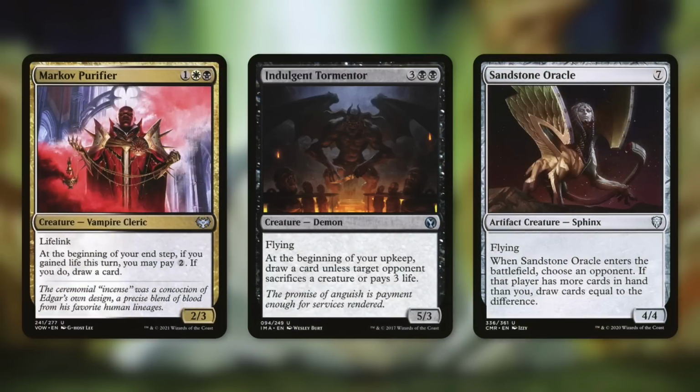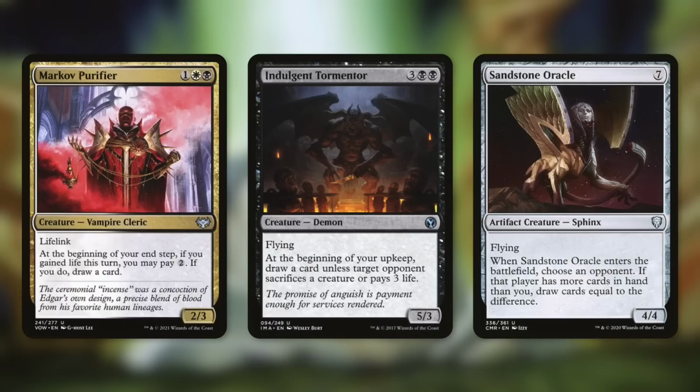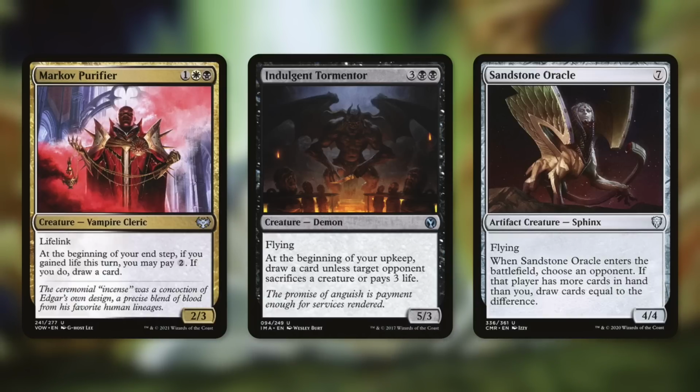Next up, some other ways to draw some cards and dig deeper into our deck. Markov Purifier. At the beginning of your end step, if you gained life this turn, you may pay 2. If you do, draw a card. And yeah, we're basically going to be gaining life every single turn. Indulgent Tormentor. The opposite. At the beginning of your upkeep, draw a card unless target opponent sacrifices a creature or pays 3 life. So we can punish our opponents, and if they don't accept the punishment, we get to draw